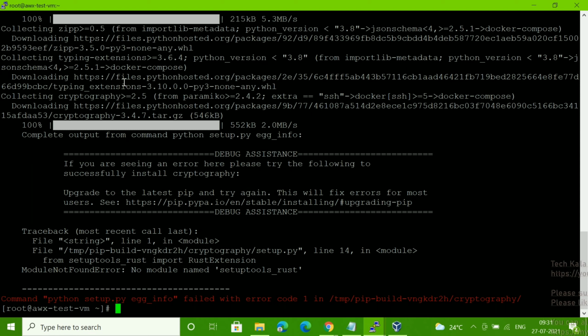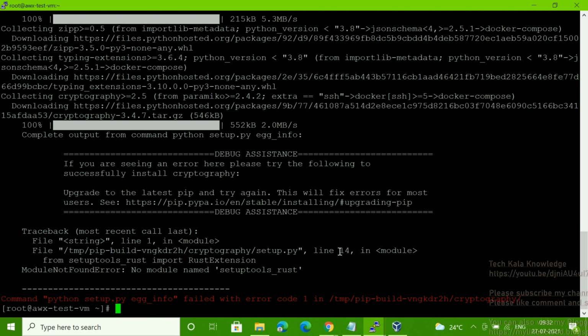Fine. Now we are getting an error. Good, it's not a problem. What is the error? It's telling us the Python setup failed with an error code. This error means you have a setup tools or some update problem, a lesser version.